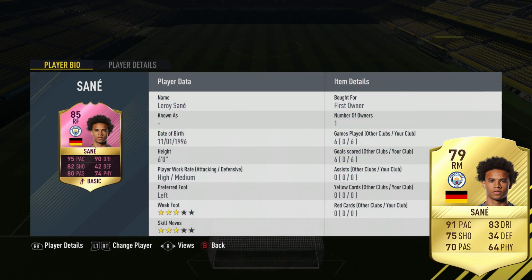Anyway, back on to Sane, who is of course left-footed on the right side, which in this year's FIFA isn't something I'm particularly keen on, as I like to smash the ball across the box in a pretty sweaty fashion with my wingers, and that kind of play is just not as effective when a player is using his weaker foot. However, if you like to cut back with your wingers, you might actually like that he's left-footed on the